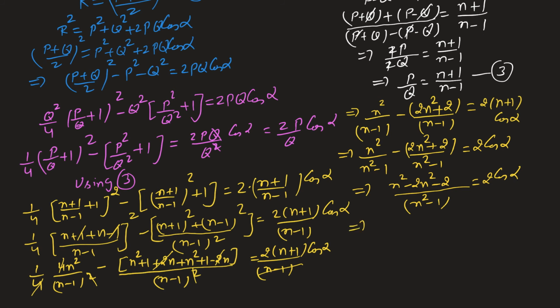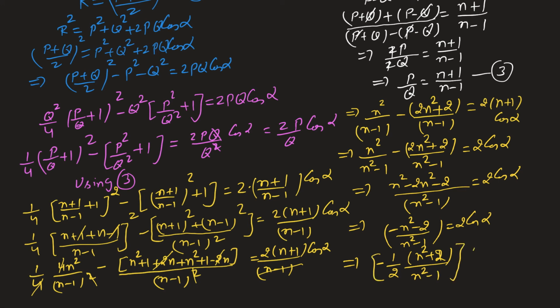This implies that minus n square minus 2 by n square minus 1 is equal to 2 cos alpha. This implies the minus is common, the 2 will come down in the denominator, 1 by 2, n square plus 2 divided by n square minus 1 is cos alpha, implies alpha is equal to cos inverse minus 1 by 2